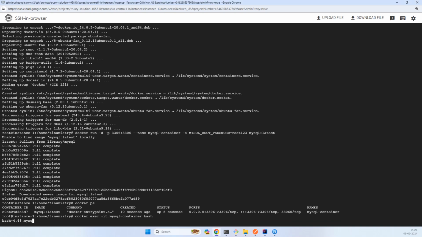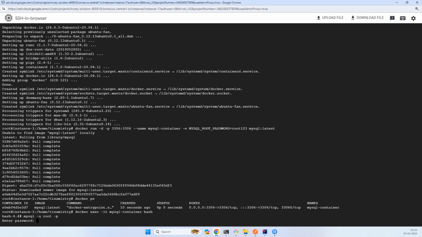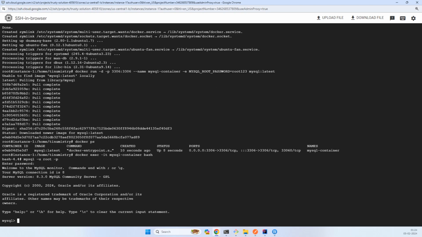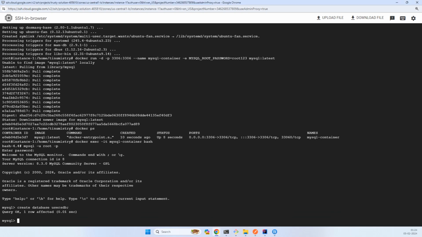And now what we can do is simply run our container, get into this container, and then mysql, because our root password is root123, with -u, that is user root, and -p for password. Now we are inside that. Now we can create the users DB database. We can use it, use users DB,